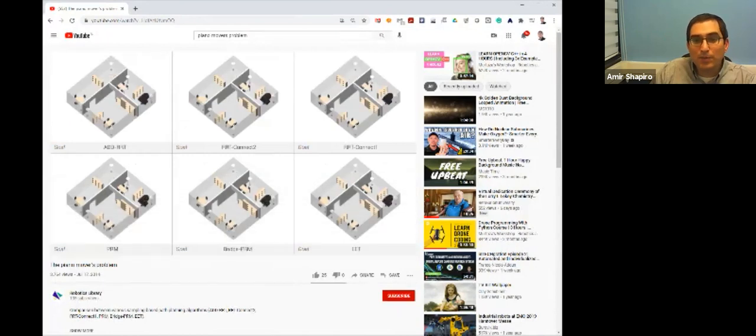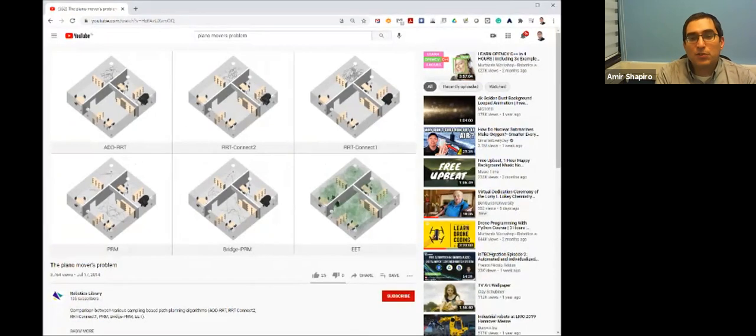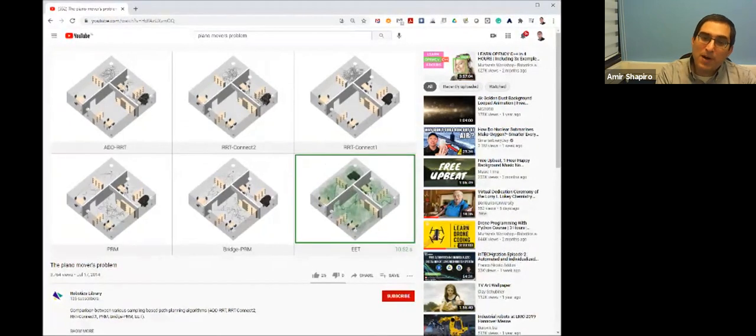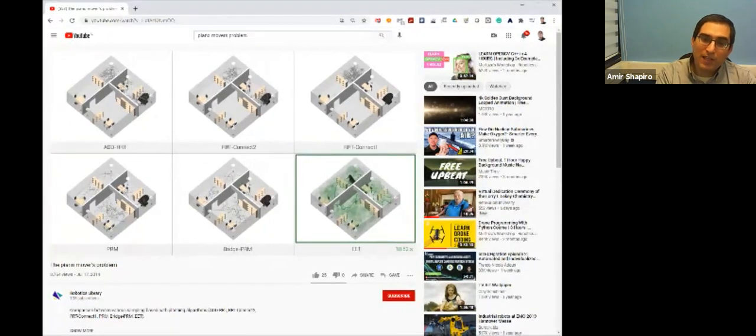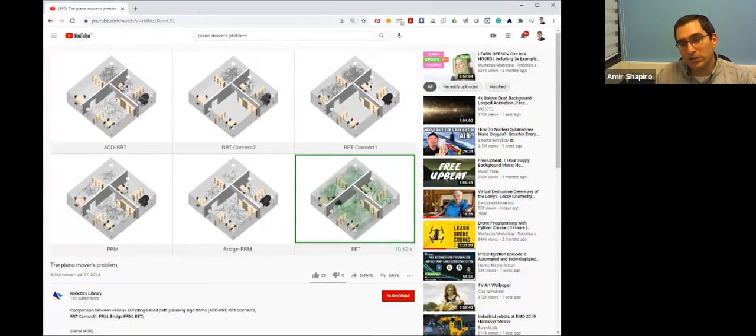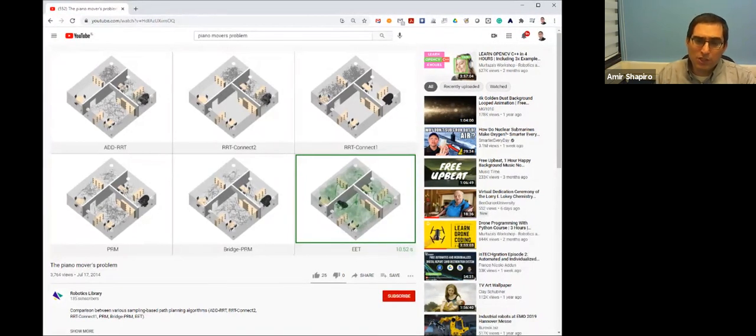You see the problem here? So you see the piano. The piano is the black one here, trying to navigate from one point to another inside the house, and we need to find a path from the beginning to the end. This is actually a 6D problem, because the piano can rotate in space. So it can change position in X, Y, Z, and rotate in roll, pitch, yaw, and then move along the house.